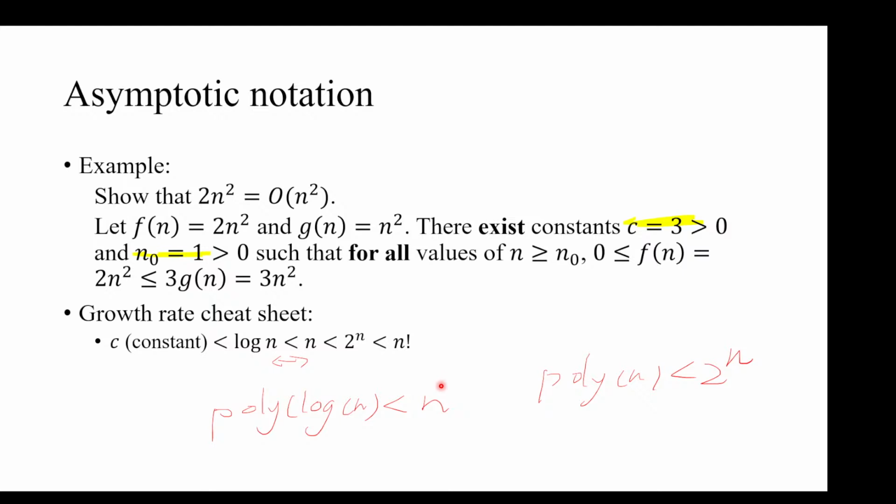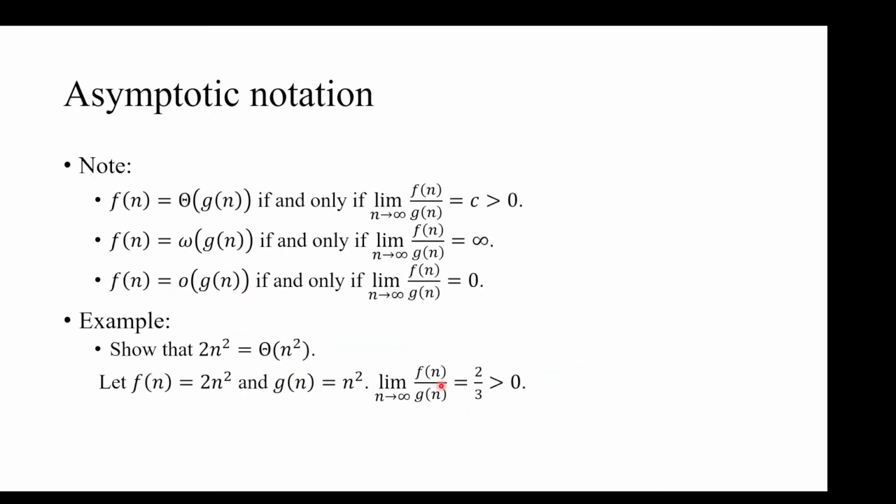And yeah, I think that's about asymptotic notation. And here are a few tricks related to calculus. It says that if f of n equals theta of g of n, this means that when n goes to infinity,